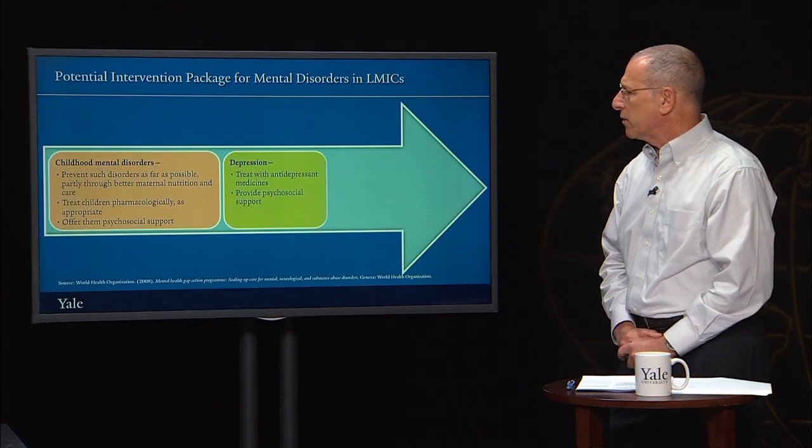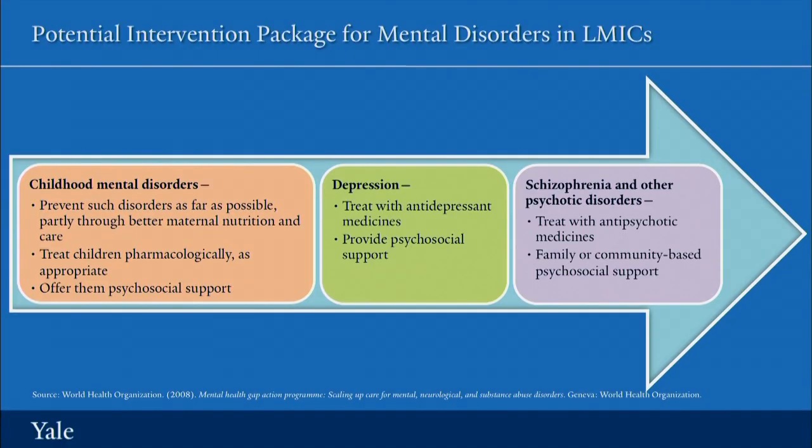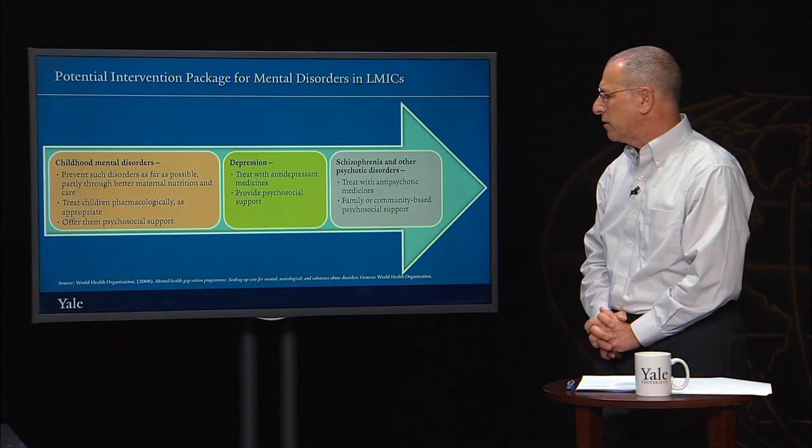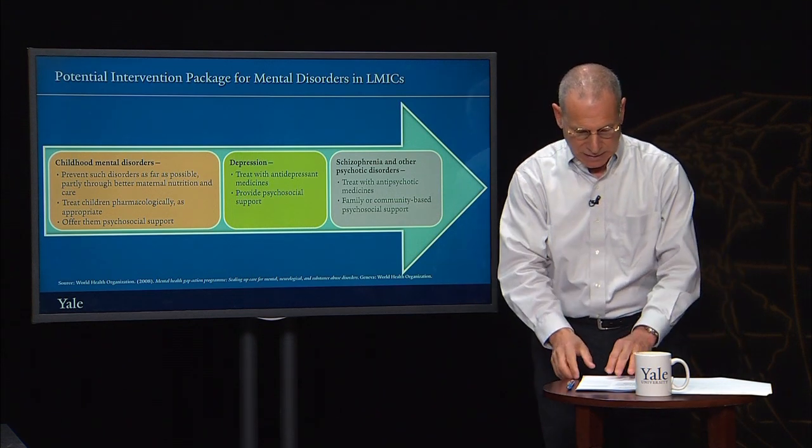And we'll see this in the next graphic, where they've recommended that countries address childhood mental disorders by preventing such disorders as far as possible, partly through better maternal nutrition and care, treating children pharmacologically with drugs as appropriate, and also offering them psychosocial support, addressing depression by treating with antidepressant medicines and providing psychosocial support, and addressing schizophrenia and other psychotic disorders by treating with antipsychotic medicines and enabling family and community-based psychosocial